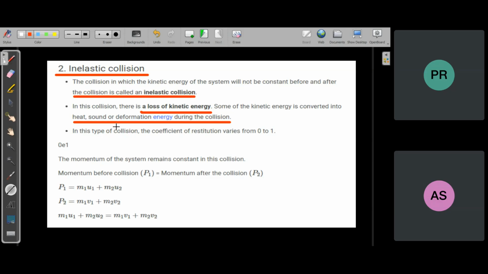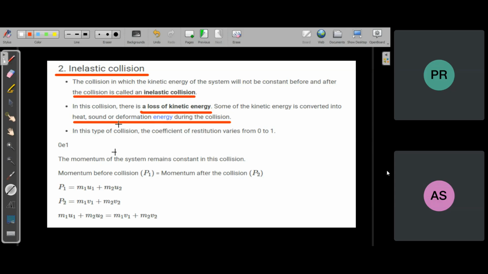So in deformation also it can be used for the energy. What happens in inelastic collision is that when two bodies collide, there is some deformation during the collision. So some part of the kinetic energy goes into the elastic potential energy. Some part, not all, and some part is lost. So some part is recovered back and some part is not recovered back.